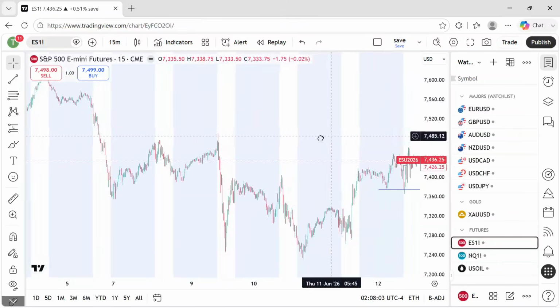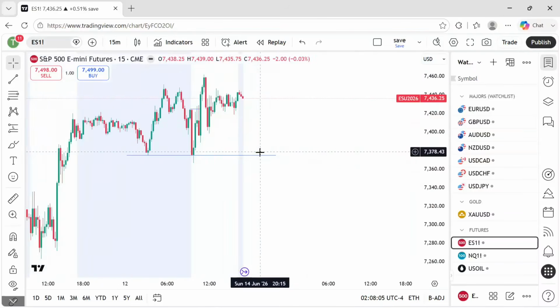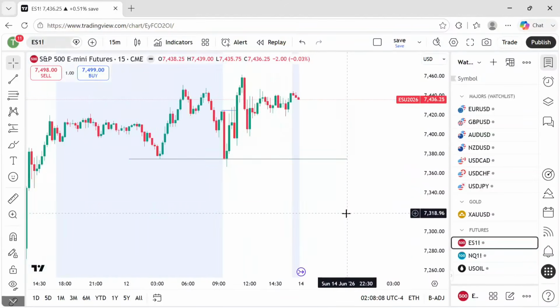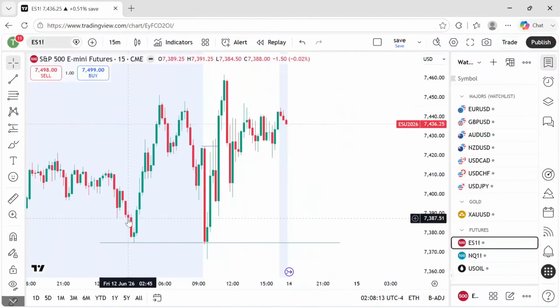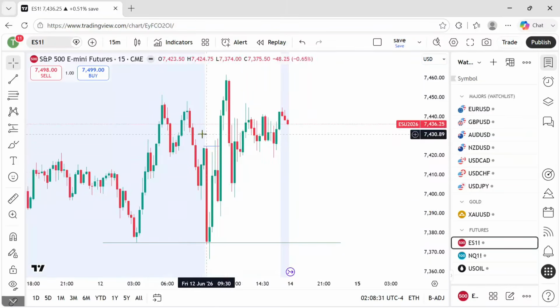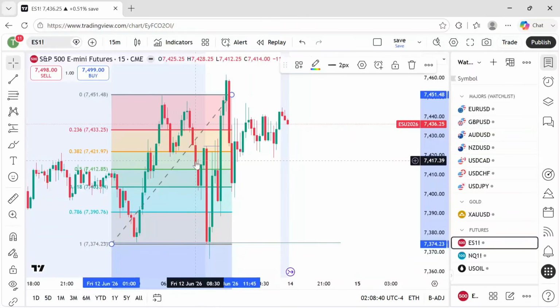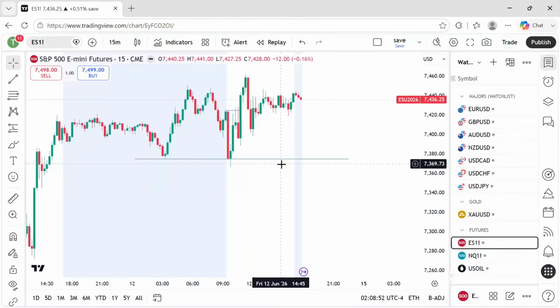For the best results, you want it to also be cheap, meaning it needs to be in a discount. So how I measure that is, you see how this right here, look at my cursor. You see how that grabbed a previous swing point, which is a swing low, which we went into and made a new high. Whatever that is from the current price action prior to the bell, draw that out and just ensure that it's below 50%, because it won't always be, and then you hold off in those scenarios for the best results, but ensure it's below 50% of the range, because that just simply means it's at bargain prices within